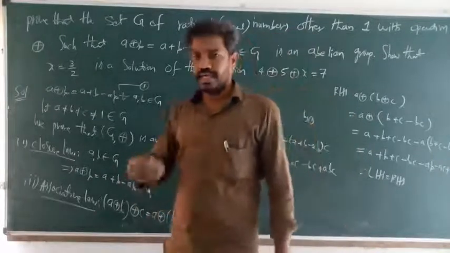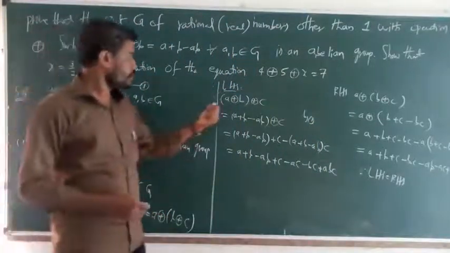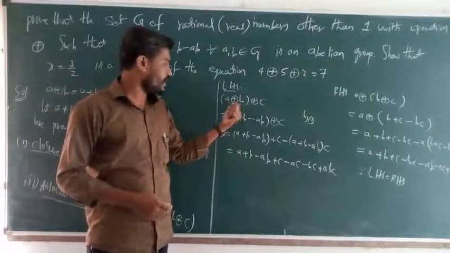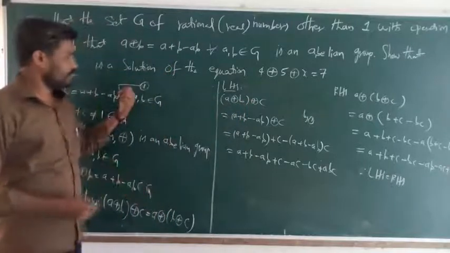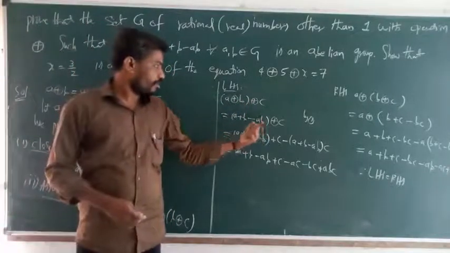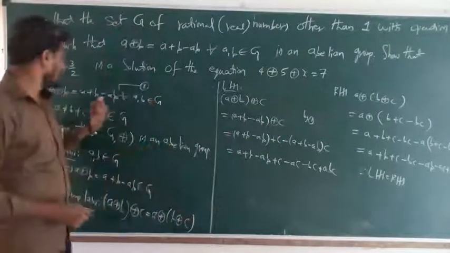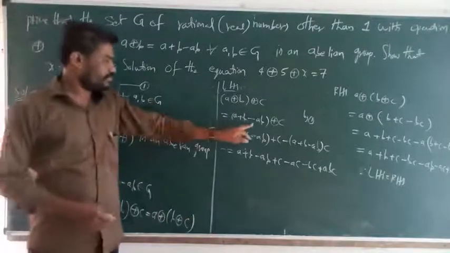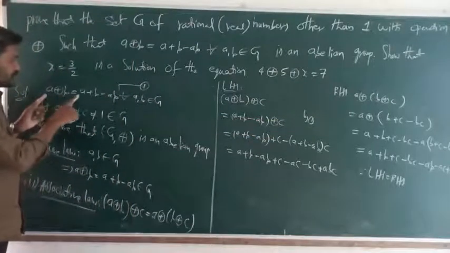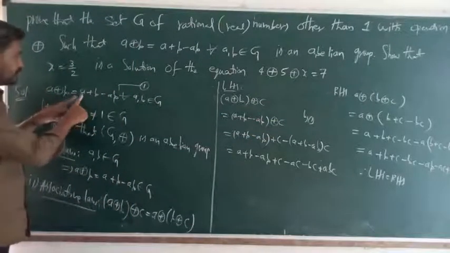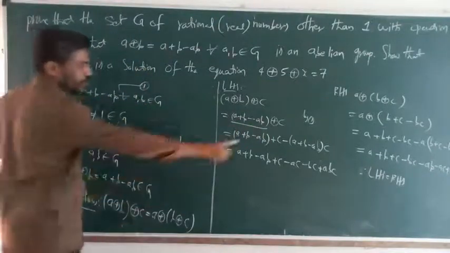Let's check associativity: A direct sum B, direct sum C, equals A direct sum of B direct sum C. Take A direct sum B, direct sum C. First A direct sum B, by condition 1, is A plus B minus AB, direct sum C. Applying condition 1, this is the A element, this is the B element. Substitute in the given condition. A direct sum B means A plus B minus AB. So A means this total element, A plus B minus AB, and B means only the C element.